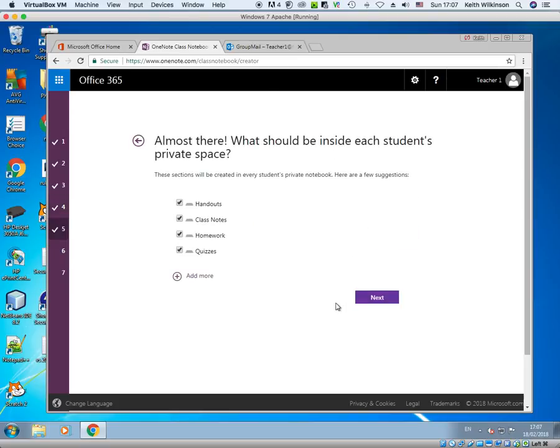So just click next. Now, this is what appears inside each student's notebook. It's got a section for handouts, some for class notes, some for homework, some for quizzes. What I'm going to do is take out quizzes, take out handouts, and just have class notes and homework. But I'm going to add, these are like folders, organised folders, and I'm going to add a couple of folders for each term. So there's my term 1 folder, term 2, term 3,